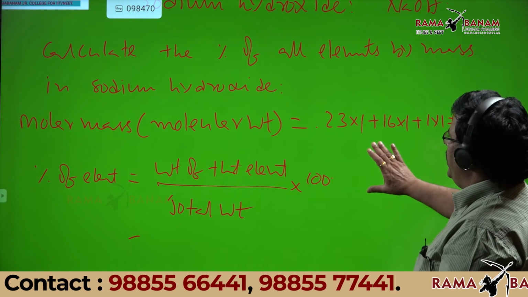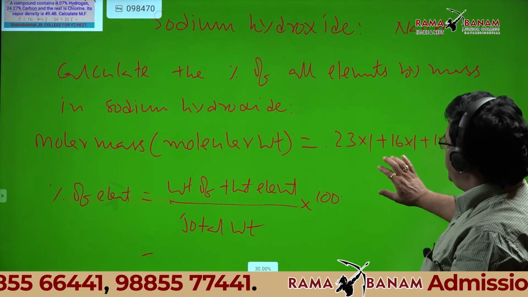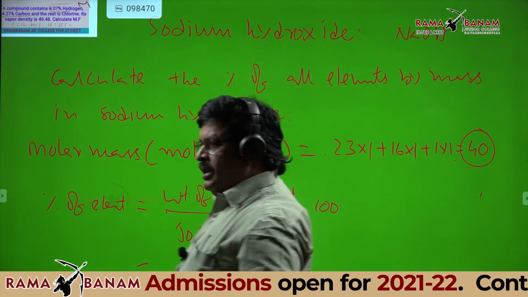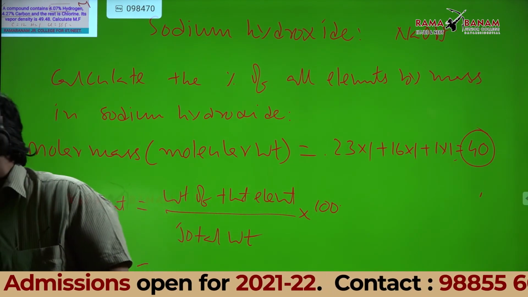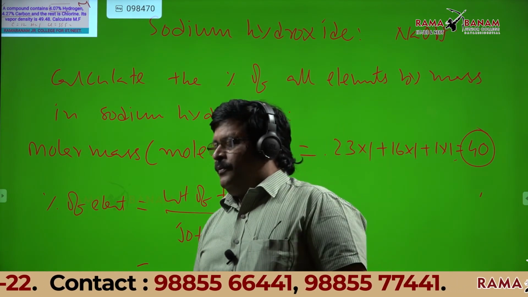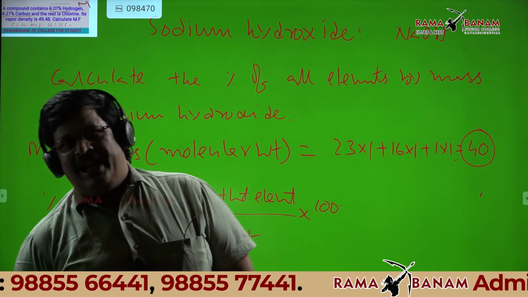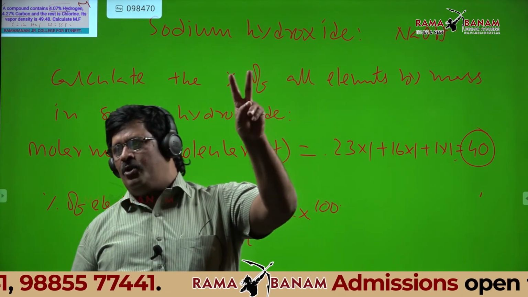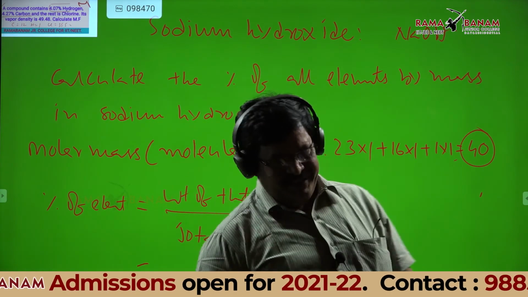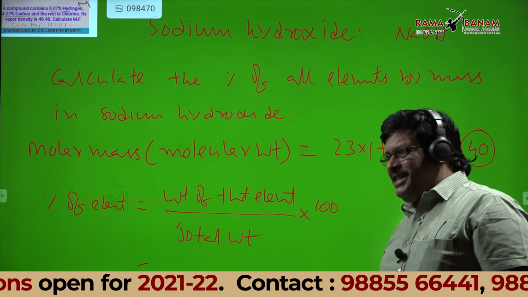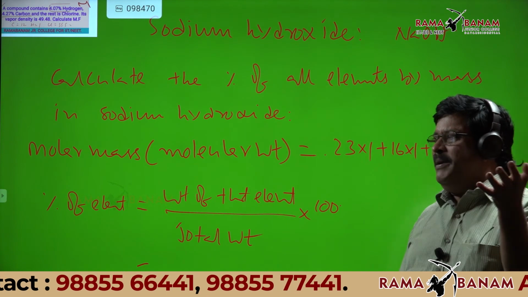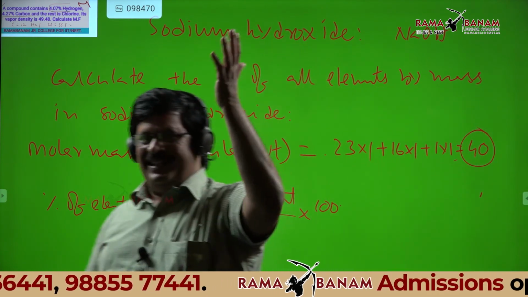Do it fast. Write the problem and try to understand. In this, if any doubt is there, you can ask, students. It's no need to calculate all the three. If you can calculate two and subtract the sum from 100, we will get the third one. There is a logic in that, students. Which is easy, first you calculate the two elements and you subtract the sum from 100.